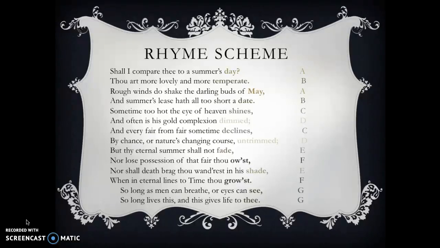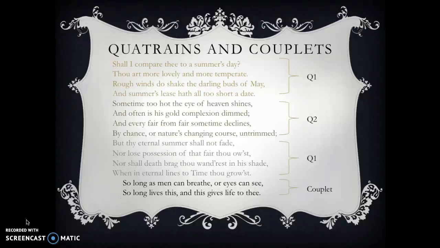The last 2 lines are always going to rhyme right next to each other, whereas in the quatrains, the rhyme switches in between. So you have the A B rhyme scheme. All right, so on to quatrains and couplets. I have marked where the quatrains are in the poem and where the couplet is. Now, quatrains are 4 lines or a stanza, and the third one usually marks the